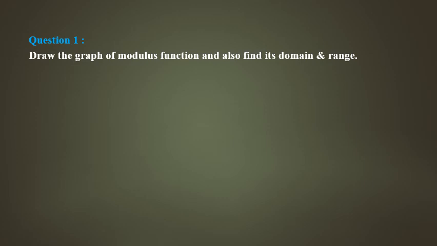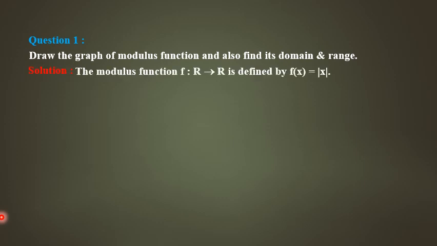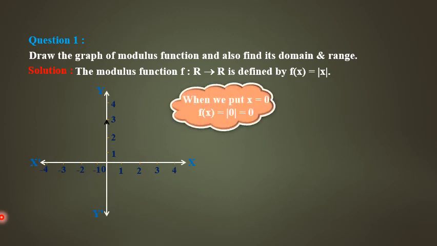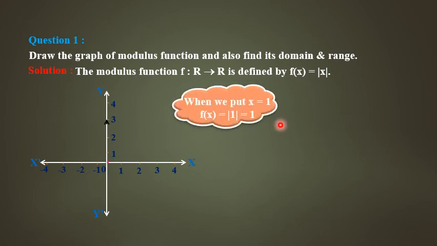Draw the graph of modulus function, also find its domain and range. These are all 5 marks questions, please understand. Draw the graph and write its domain and range. So when we put x is 0, f of x is mod 0. So next plot the point. Here one thing I want to clarify: modulus function definition here is given as f of x equal to mod x only. In the examination you have to write the modulus definition that I previously defined, that is x when x is greater than or equal to 0, minus x when x is less than 0, that only you have to write.